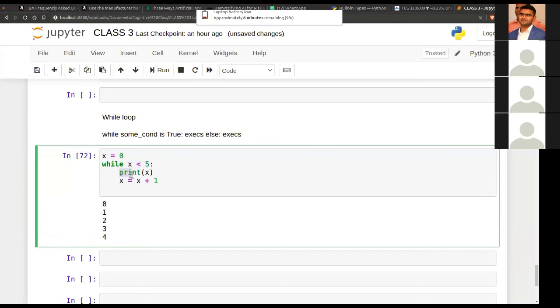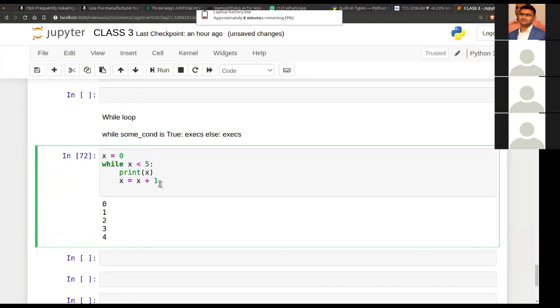What this code says is it prints x, right? First of all it was 0, then we incremented its value by +1. So why do we need to increment this?